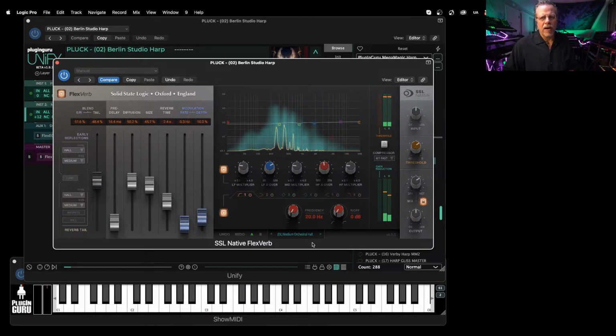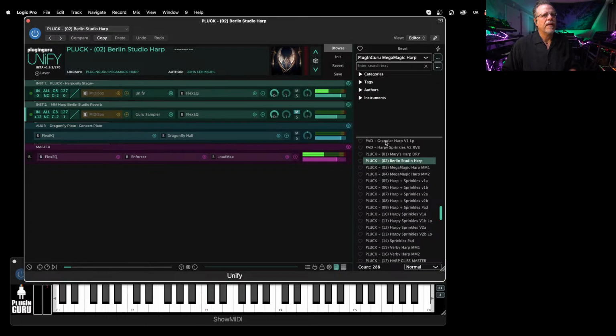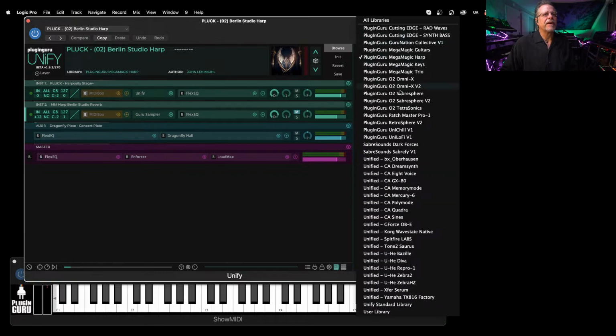I think it's better on acoustic instruments, it seems, more so than the electronic instruments. When I was trying it, if we're going to go to like another, say, let's go to even Tim's library,